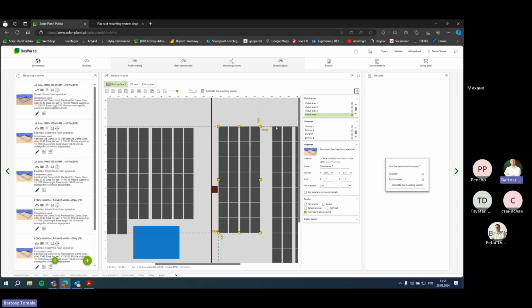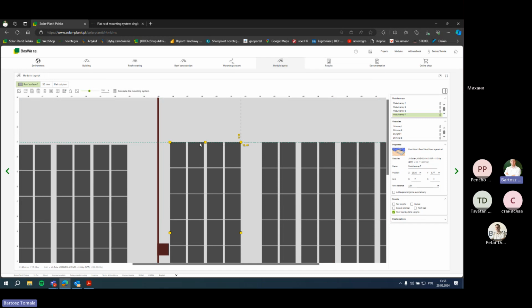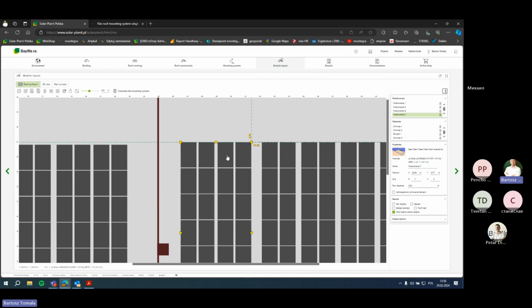We have to make this on the same height of the position. We can see this green dotted line, which shows us that this edge is on the same height. And we have to put it closer to make it possible for the program to combine both of these